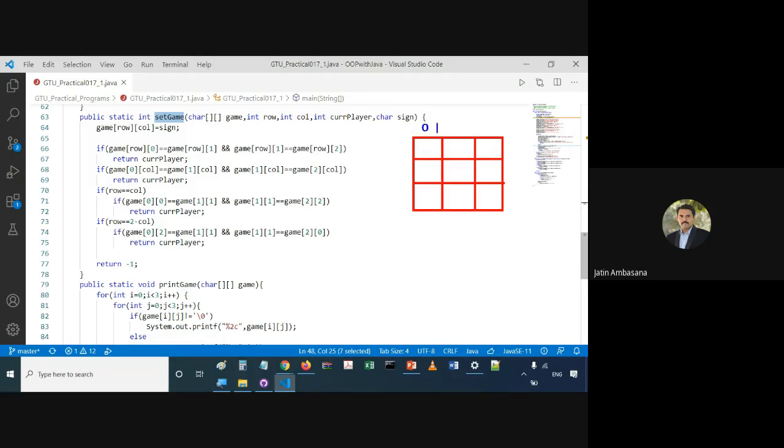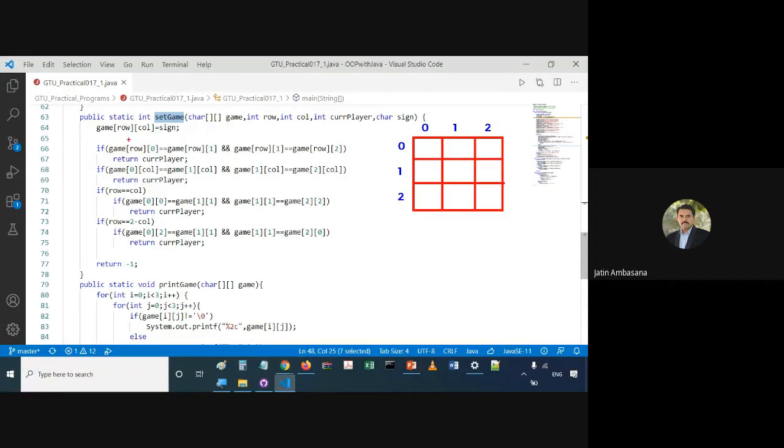This is 0, this is 1, this is 2. And similarly over here it is 0, this is 1, this is 2. Now what does it check? Let's suppose the user enters 1 comma 1. By subtracting 1 from both, it is 0 comma 0. So currently this location has been entered by the user. Let's assume that this row is 0 and column is 0.